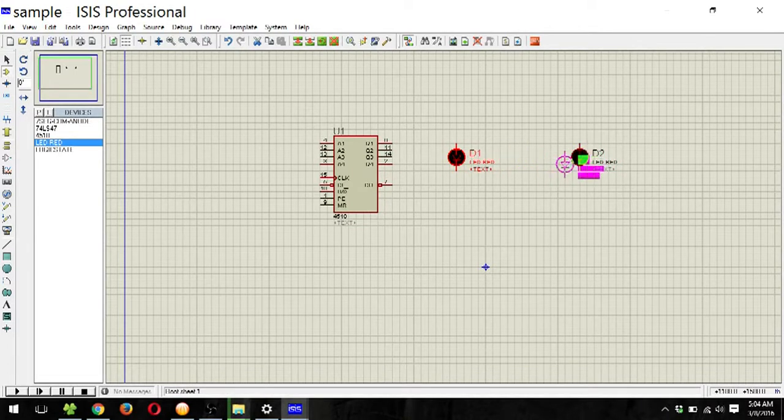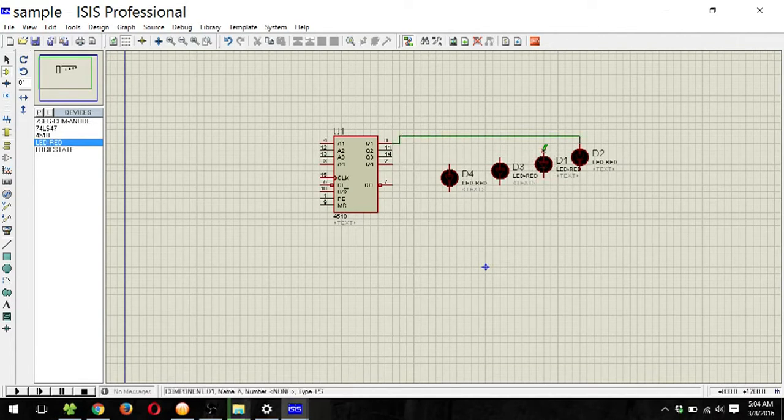Then here. Then here. Then here. So these are the four LEDs. These are to be connected to these pins like this.